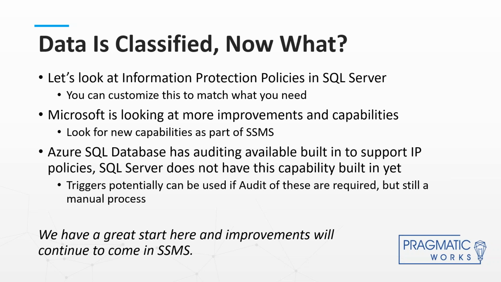After you've identified this data, there are other things that you should consider doing. One of the things I would definitely look at is, will data masking help you protect the data that you've identified? What are the things that you're doing? How are you planning to let your organization know, hey, we're protecting this data, here's how, here's what we're doing? If you look at data masking, or you do the full Always Encrypted capabilities, there are options out there for you to really protect the data that you've identified.